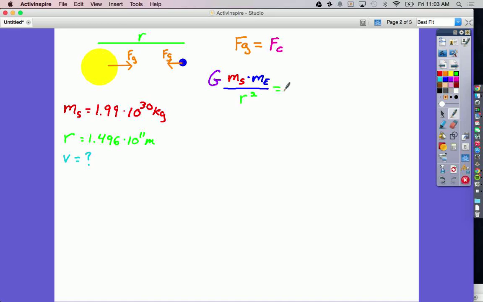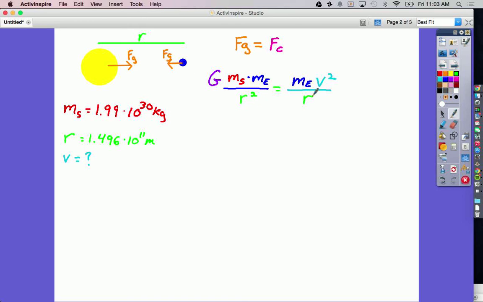And now I need to pick an equation for my centripetal force, and I'm going to pick the equation that has v in it, since v is what I'm looking for. So that is going to be mv squared over r. But which m? Is it the mass of the Sun or the mass of the Earth? Well, it's the mass of whatever object is orbiting, and that would be the Earth. So when we do mv squared over r, the m is the mass of the Earth, v squared